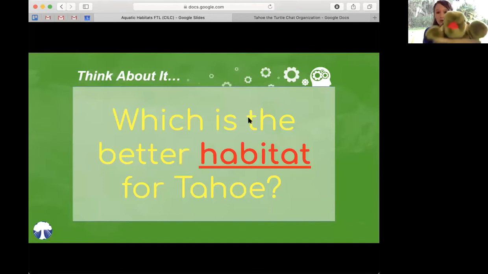Both places sound so good to Tahoe. He just keeps telling me that he thinks both places are a perfect fit for him. They have positives and negatives, and he's really excited. Plus, he likes to be close to Teacher Travis and Teacher Seth. It's an awesome part of this. So right now, everyone, you have to take your vote and tell us which is the better habitat for Tahoe. What do you think, Vita?